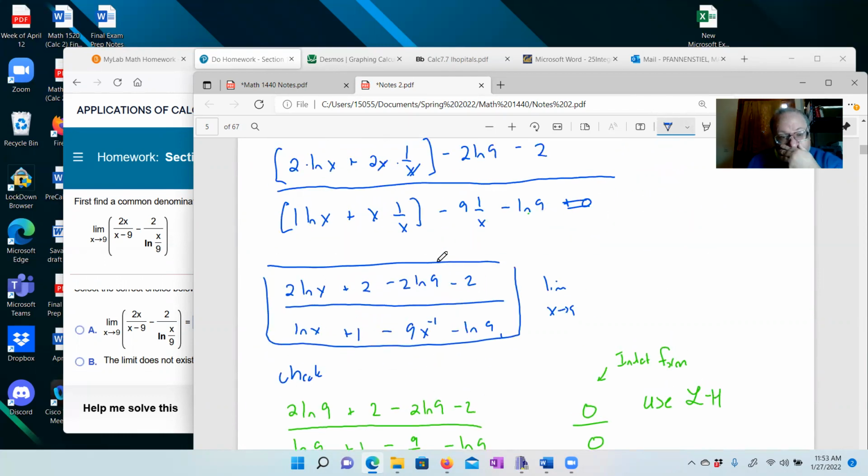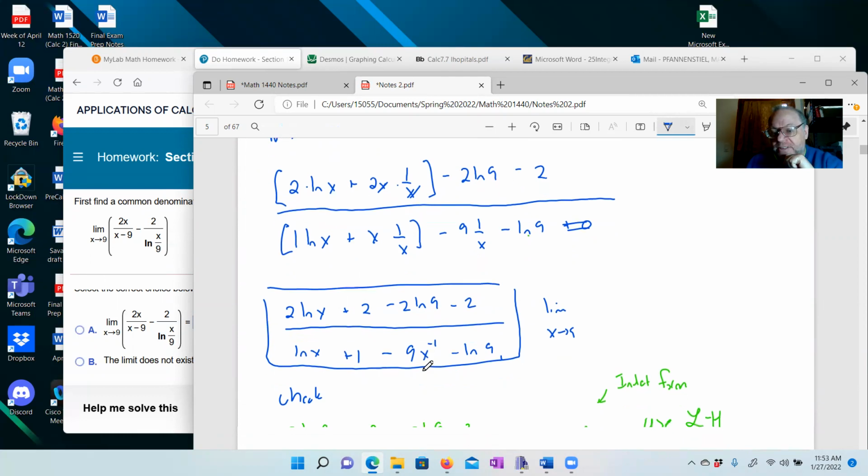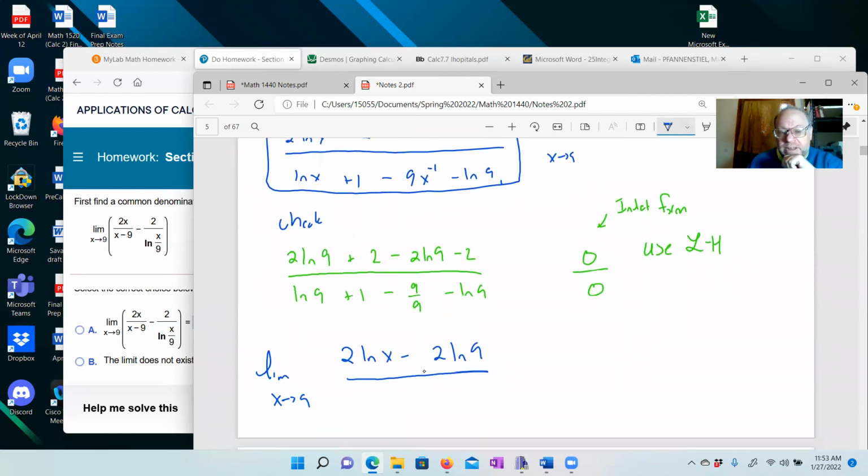Okay, now what happens on the bottom? Okay, we had ln x. There's not a whole lot we could do here. So we just have ln x plus 1 minus 9x to the negative 1 minus natural log 9. So the bottom is still kind of a pain in that we have this. Okay, minus ln 9. But because we had an indeterminate form, we can go ahead and apply